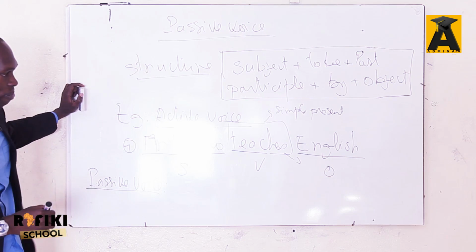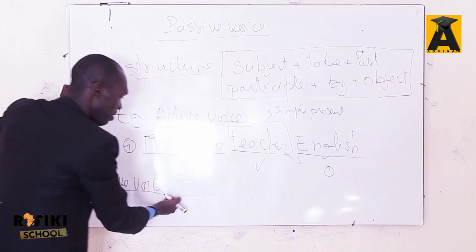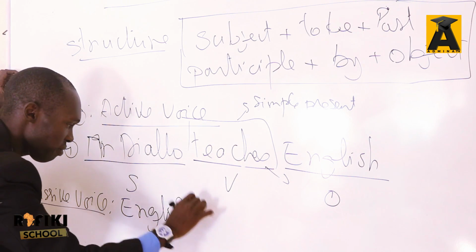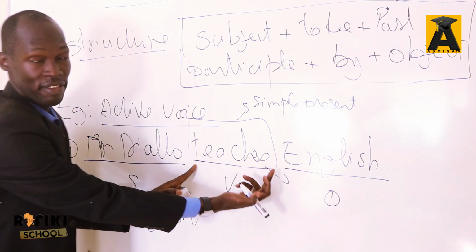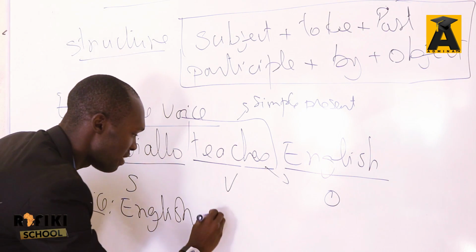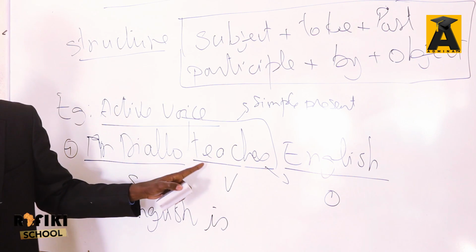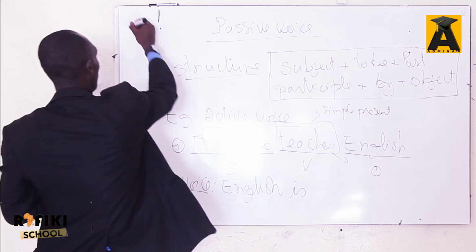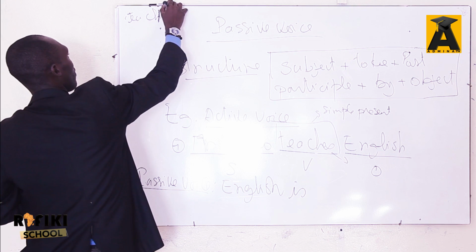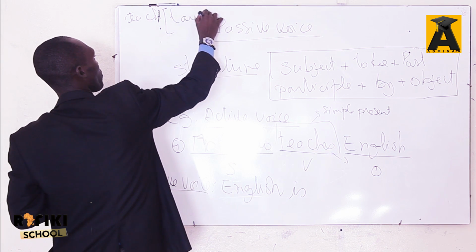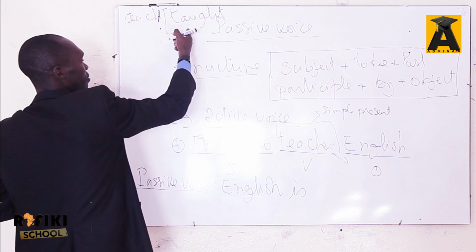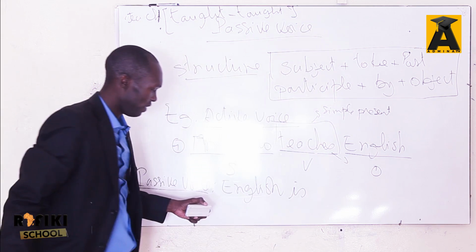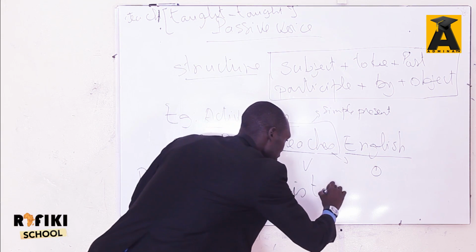Now let's go to the practice. So we have here English will be the subject. So we're gonna have English, to be in the tense of the first verb, plus now the past participle of the first verb, which is teach. When you have teach here, the past participle is taught. The simple past and the past participle is the same thing, taught. So we gotta have it here. English is taught,